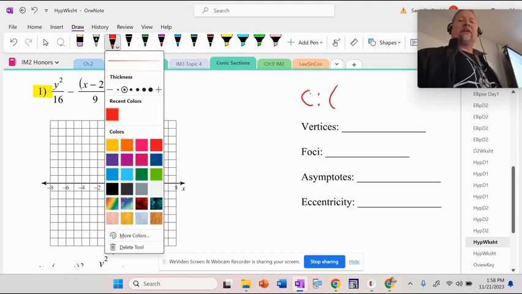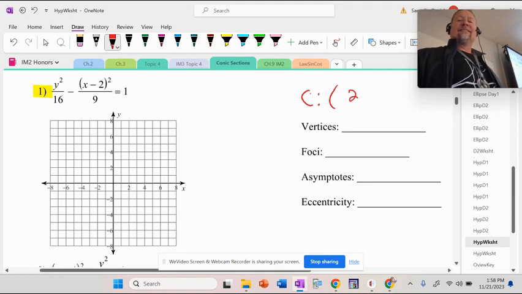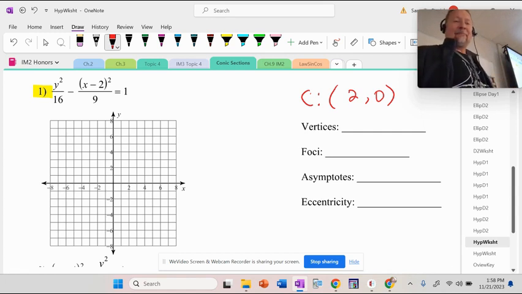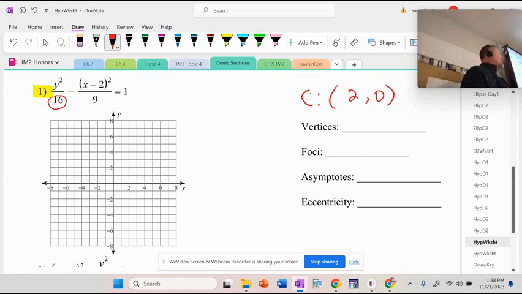Alrighty then. So what's the center? Three, two, one, go. Did you hear them? All right. 1970s, 1980s education. And then which way does this go? Up, down, or right, left? Three, two, one, go. Up, down, good axis. You have to know that these are the radii, 4 and 3. So you go to the center, 2 comma 0. You go 4 up, 3... 4. Let's speed this up. 4 down.